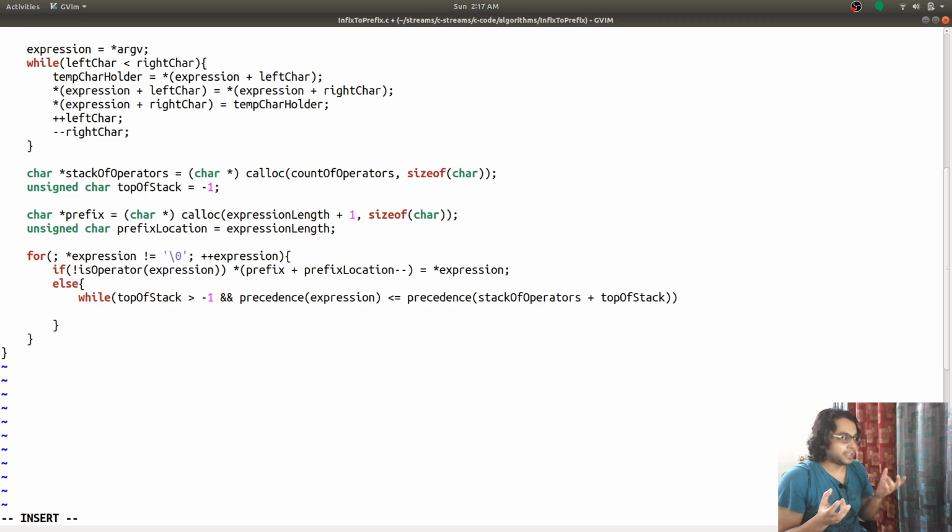If it does, then pop it, remove that operator, as long as the operator we are holding outside the stack, waiting to get inside, has lesser precedence than the top of the stack operator. We put that in the prefix at prefix location -1 and store the stack of